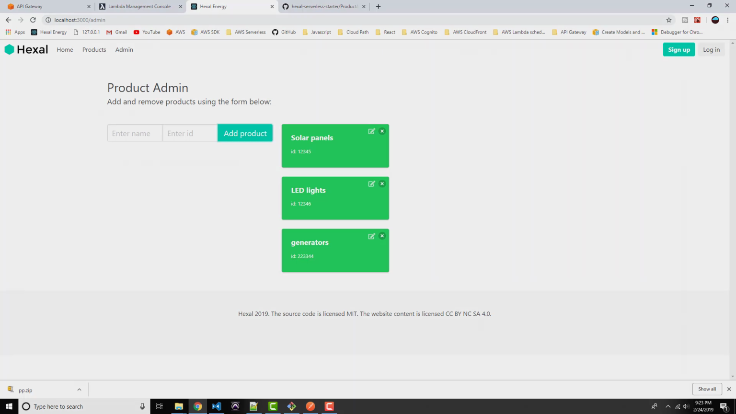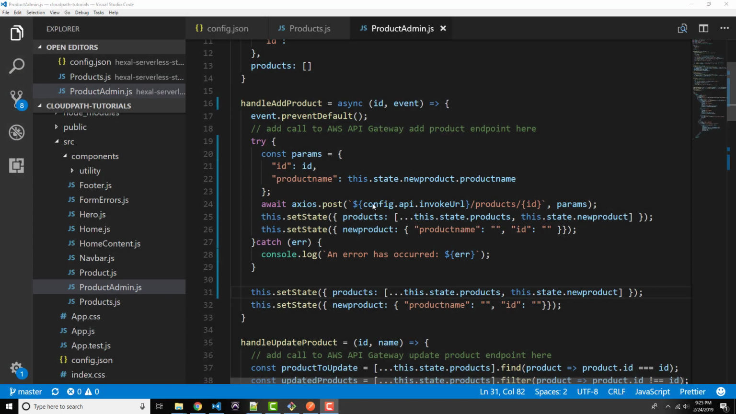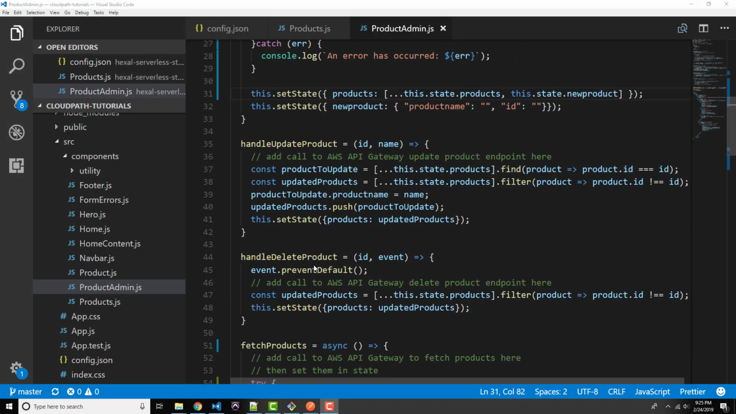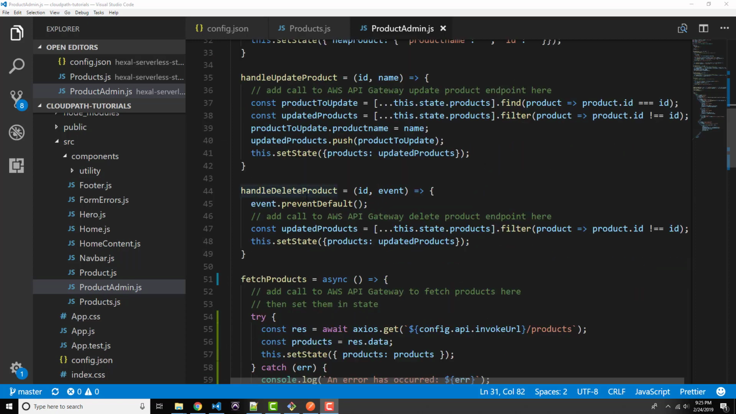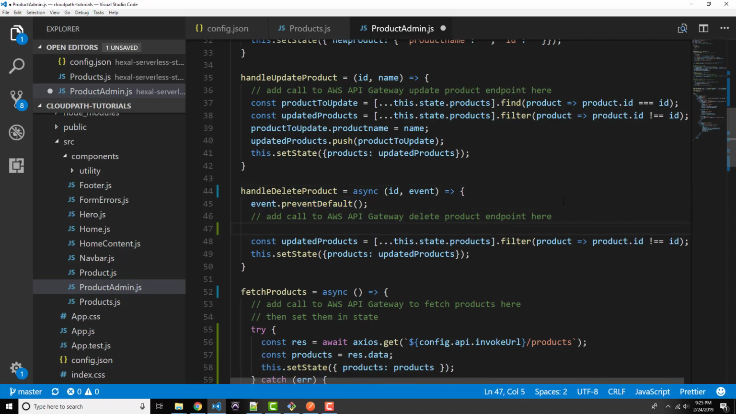Let's tackle delete next. All right, so if we scroll down just a little bit here to about line 44 or so, we'll find our handleDeleteProduct method. All right, so again, we'll start by making this async. Just add the async keyword right there before the arguments. And let's go right underneath the comments. Okay, so let's say await